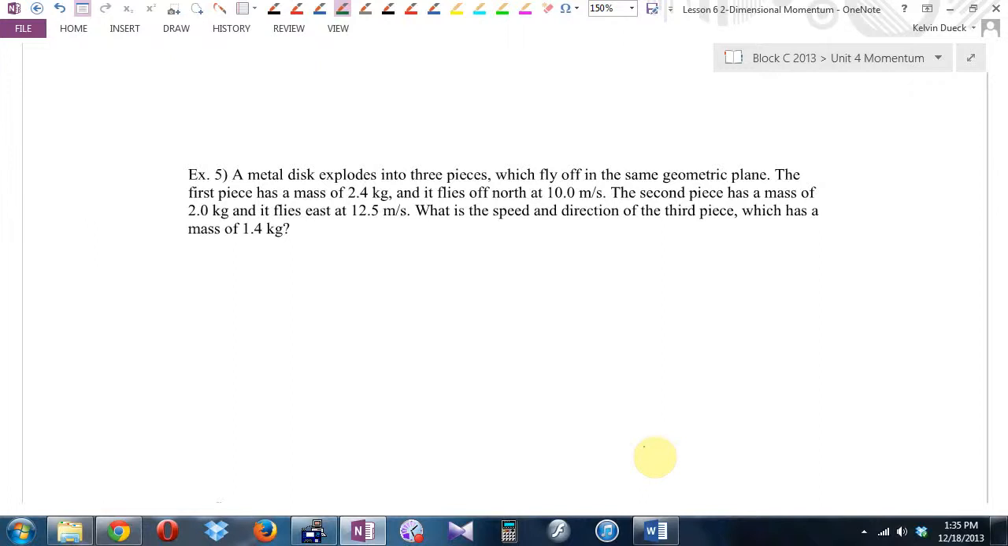Is this a collision? No. Is this an explosion? You know what this is a job for? Conservation of momentum. I'm going to start out the same way. I'm going to start out by writing, okay, the sum